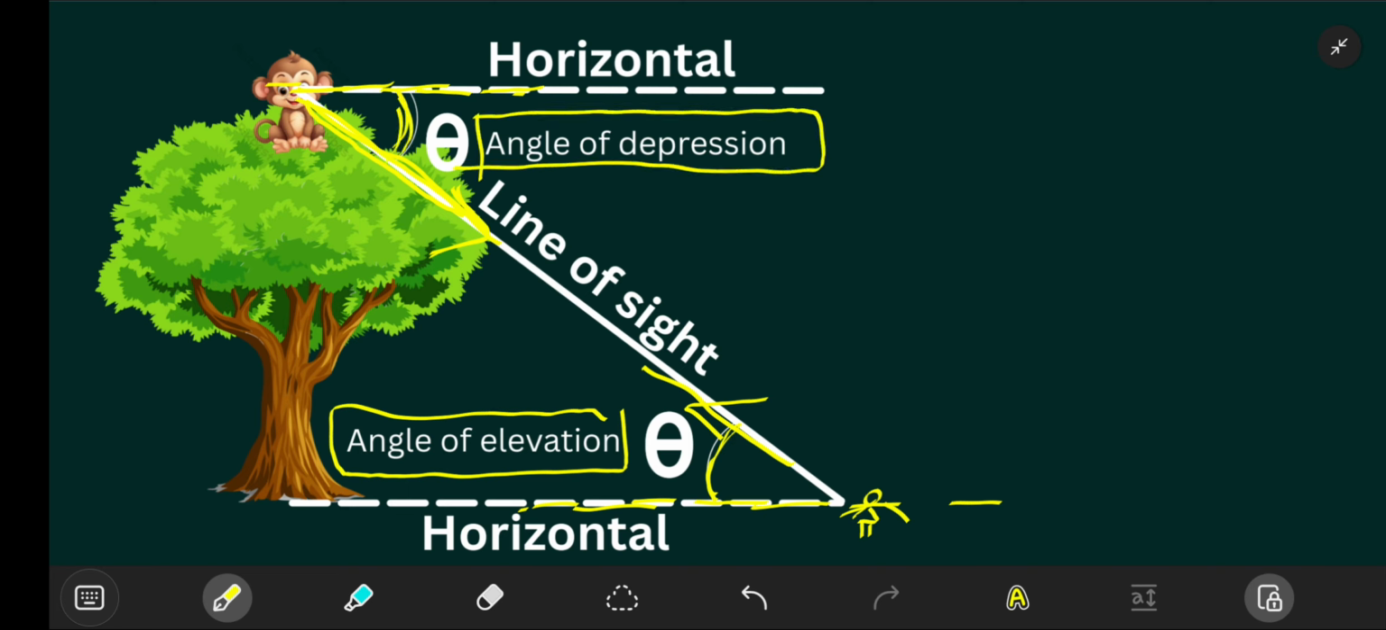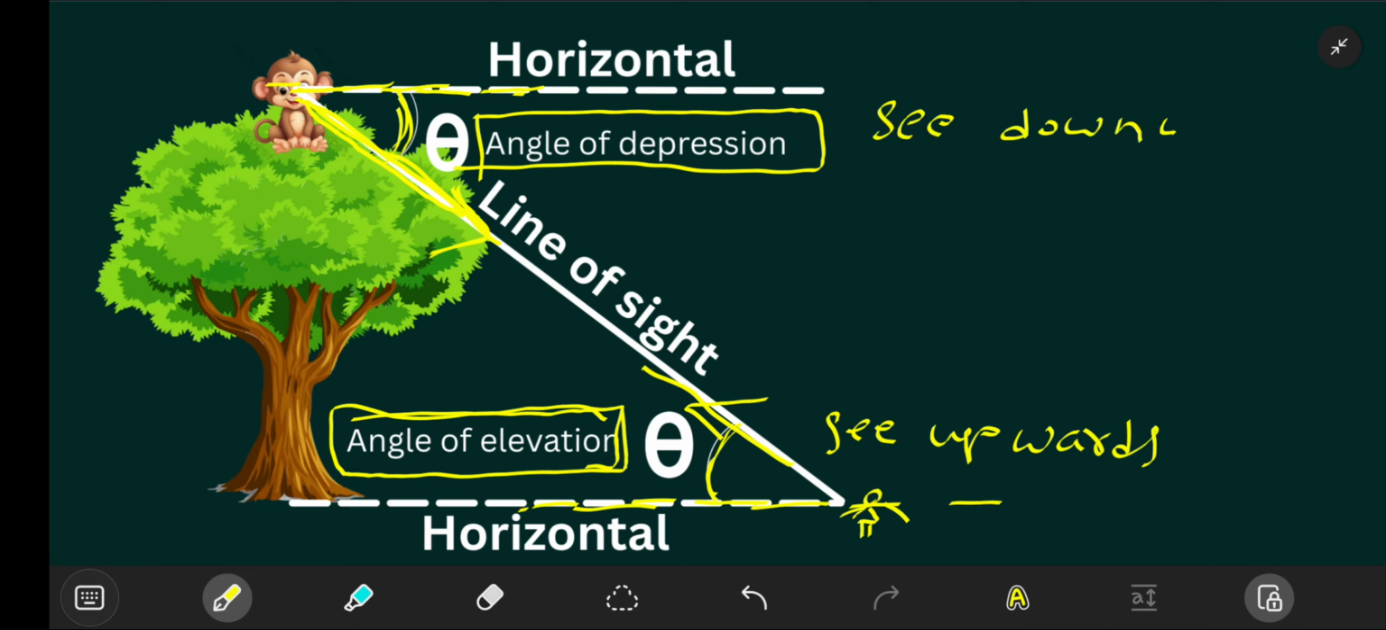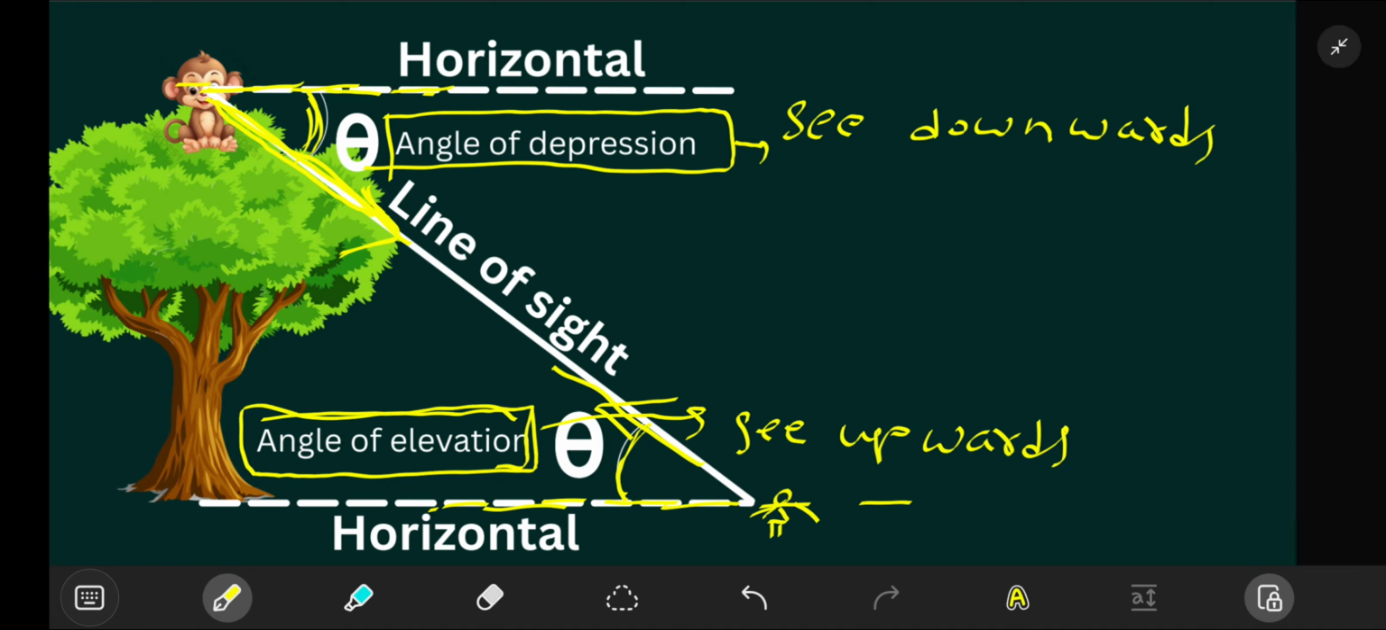When we look upwards, angle of elevation. Look downwards, angle of depression. Okay. When we look upwards, the angle of elevation will form. When we look downwards, the angle of depression will form. Okay. Next,